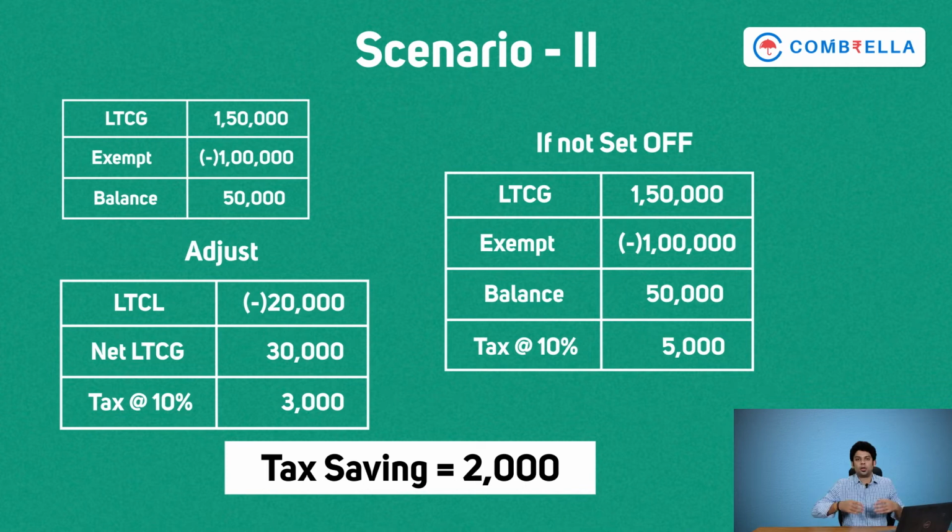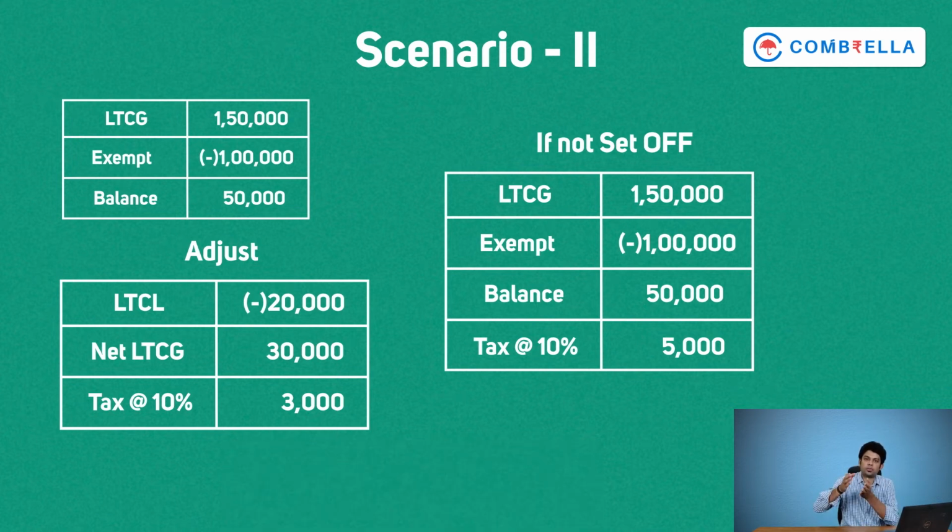So friends, this long-term capital loss of 20,000, suppose if you don't have any long-term capital gains in this year also, then it is fine. You can carry forward this long-term capital loss to the next 8 years to set off against the profits. Okay, so even if you don't have profits in this year to set off the long-term capital loss, that is, you don't have LTCG, you can carry forward for 8 years similar to short-term capital loss. So basically both short-term capital loss and long-term capital loss you can carry forward for 8 years in the future to set off against the gains.